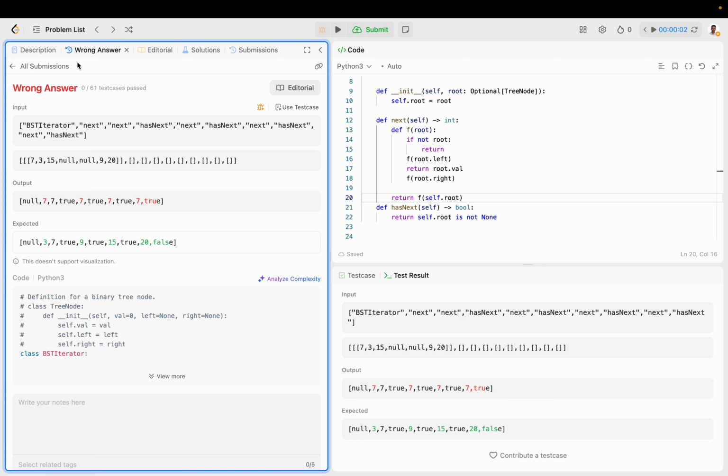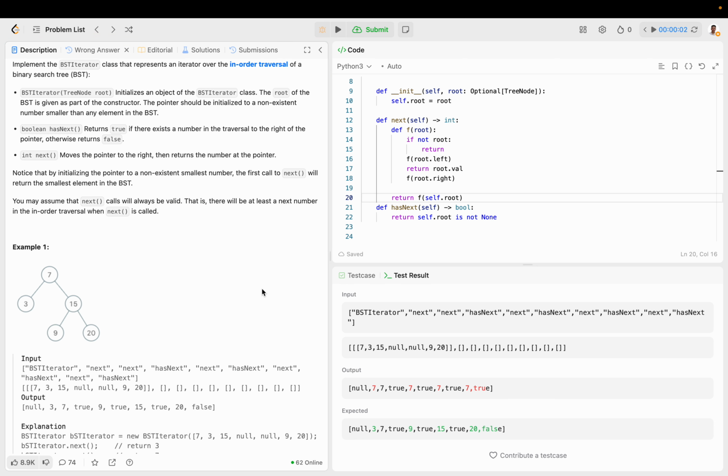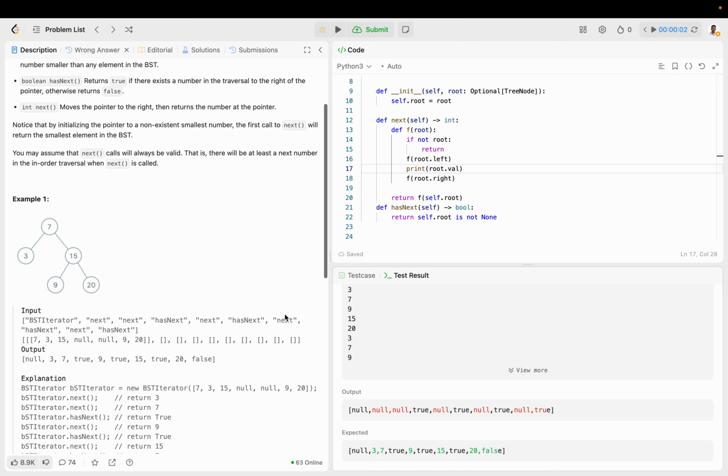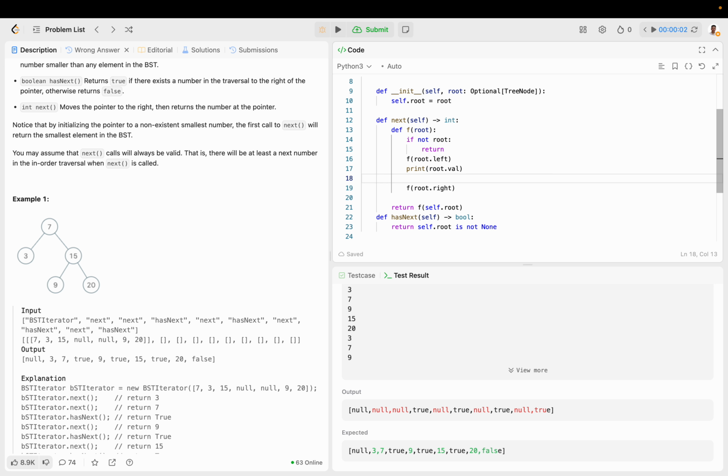Okay, well, let's see here. So 7. So left, root, right. Let's do this. So 3, okay. Three, 7, 9. So that's exactly what we want, except